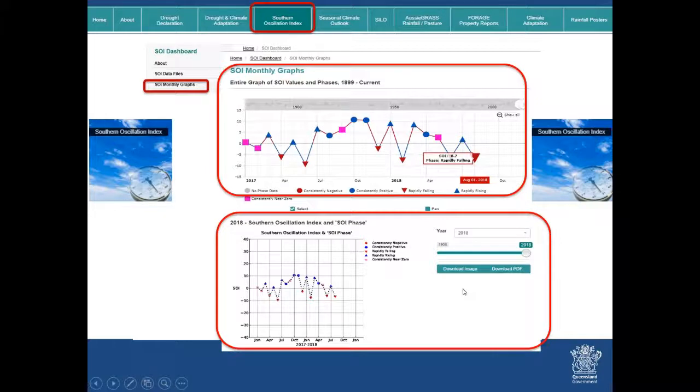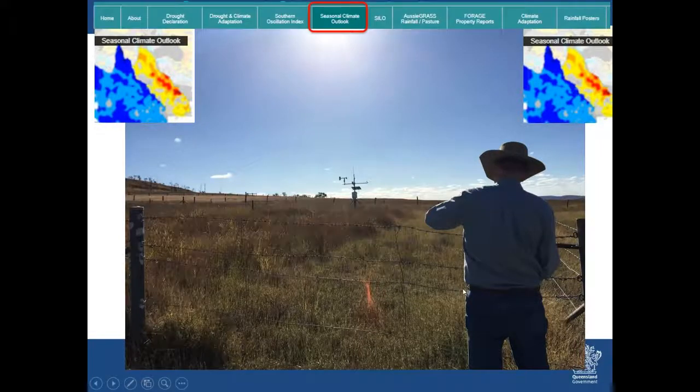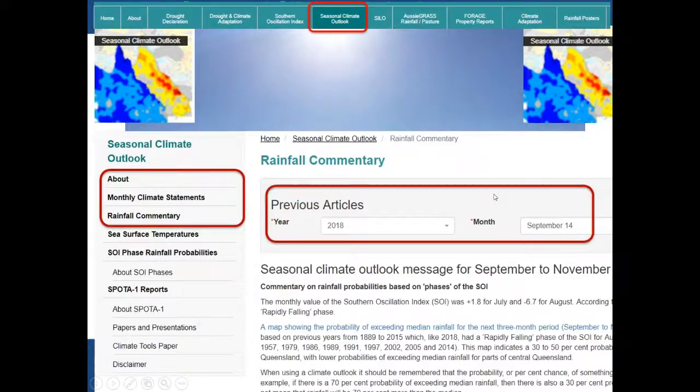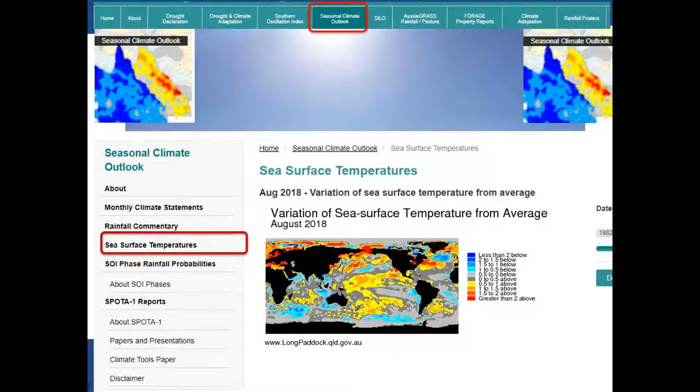Moving along to the seasonal climate outlook. So here's the button that we're on at the moment. Now we can look at the monthly climate statements and the rainfall commentary that we offer in-house, and then we can also go back in time and read the previous statements on the monthly climate or the rainfall commentary. The other things that we find on this page are the sea surface temperatures, which are important in the ENSO production,